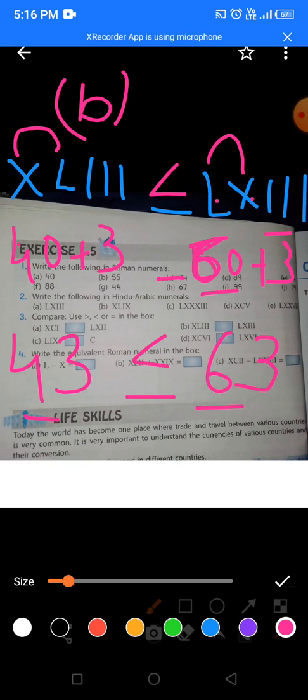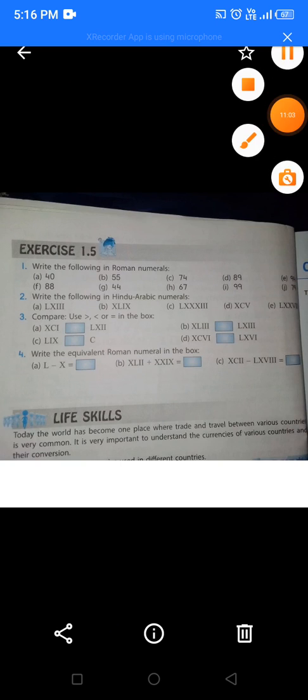Now children, we will go towards question number C. Okay children, so what is question number C asking you to do? You have this. Then C. A simple question. Now see, this is 50 and this is 9. So the number will be 59. Then C is nothing but 100, as you all know.